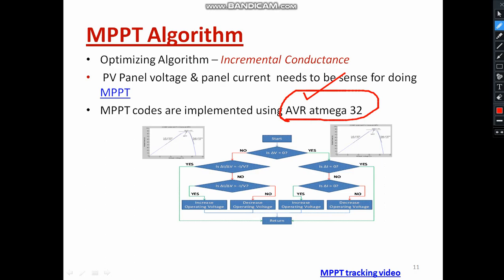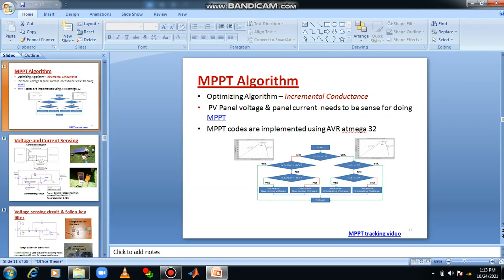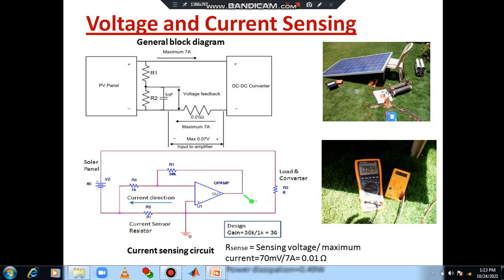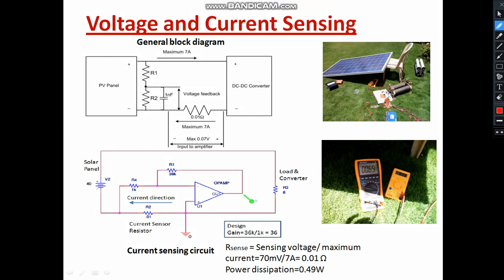Okay, this is the block diagram or flow chart of that particular MPPT, and you know that a microcontroller operates at only 5 volt, so the direct panel voltage and panel current cannot be provided to the microcontroller, because at the beginning of MPPT we have to read current and voltage. So I have designed the current sensors. This is the design of the current sensor. By using suitable resistance, I have reduced the value of current. So the current sensor has been designed.